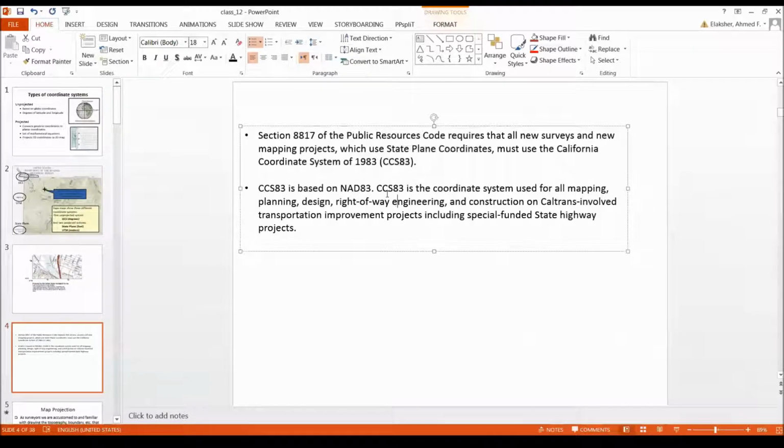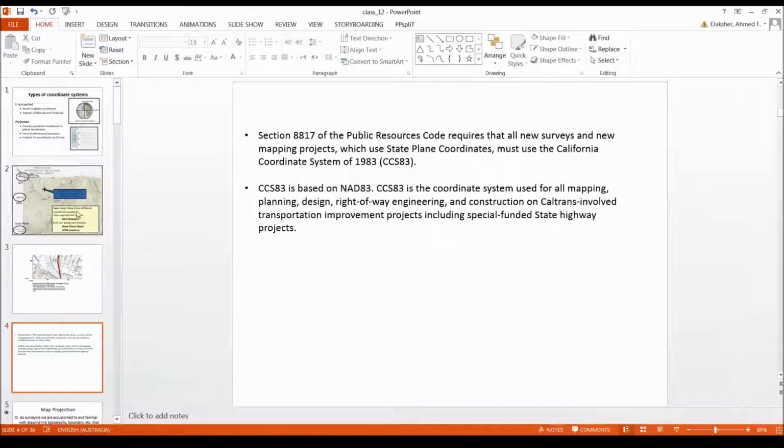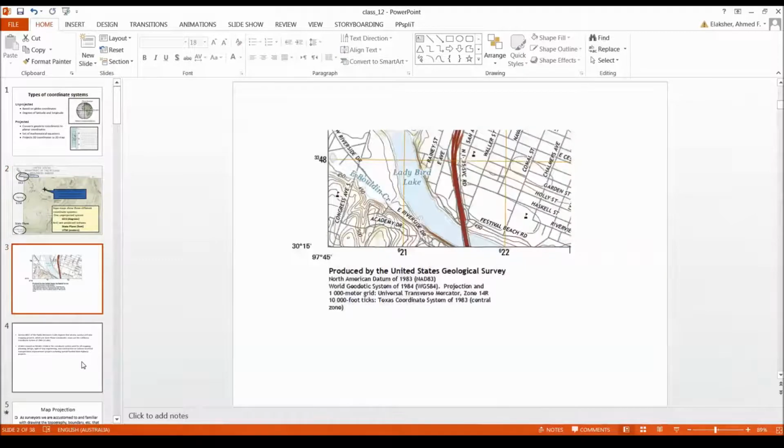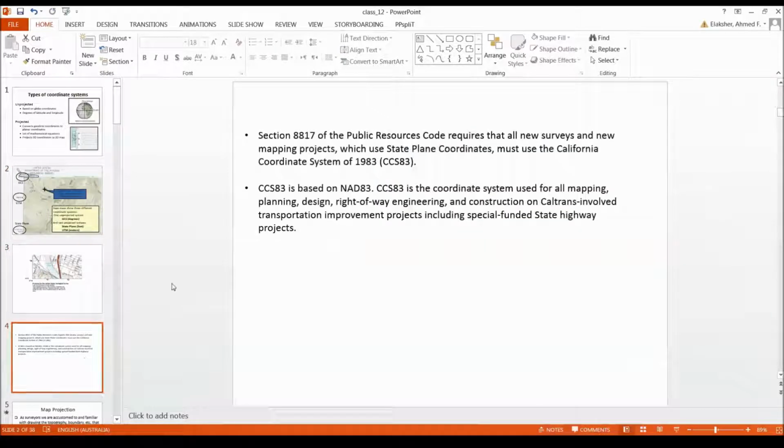This coordinate system is based on a datum, NAD 83. So we'll talk a little bit in more detail about this. But these three slides that I just talked about set the ground for map projection. These three slides show you the importance of map projection, show you what type of map projection, shows you actually